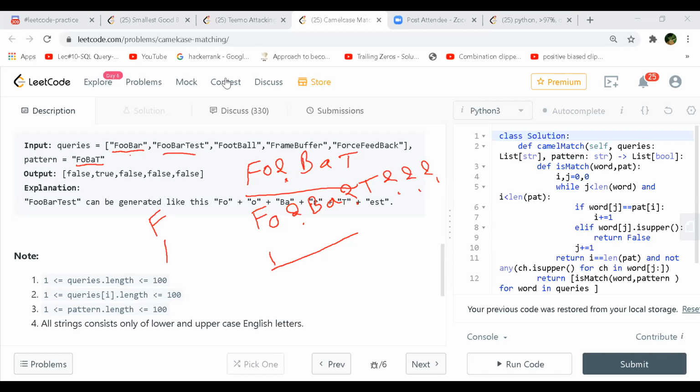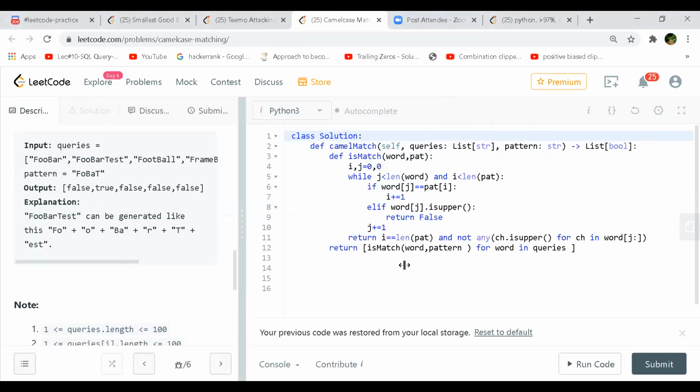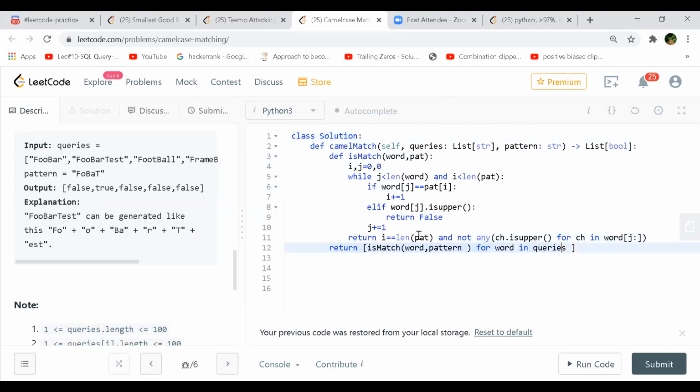Okay. But we can do it in the trie also, but then we will have to do it this way. So that will be another approach. Or else what Shashank has, let's go with this, the iteration one, the more simpler one, right? So here, I'm going through each of the words in the queries and passing both. Is match is a function, and both word and pattern will go into this. Whatever result I get will be in the form of a list, and you return. So this is our main function.